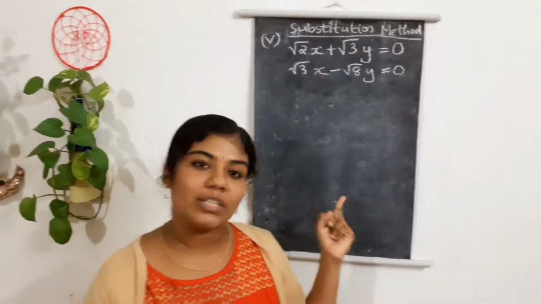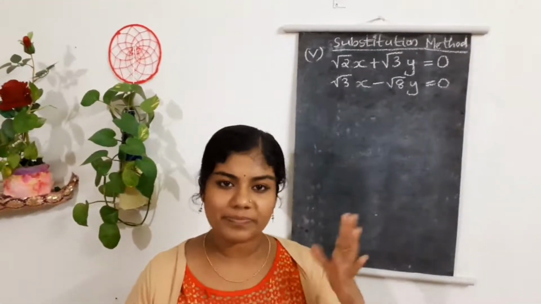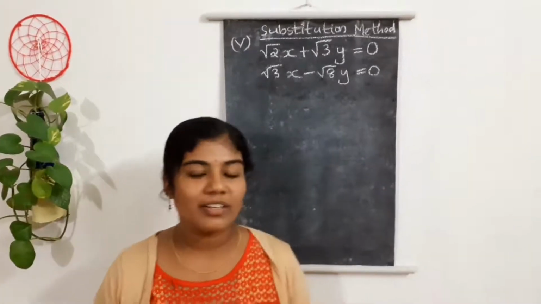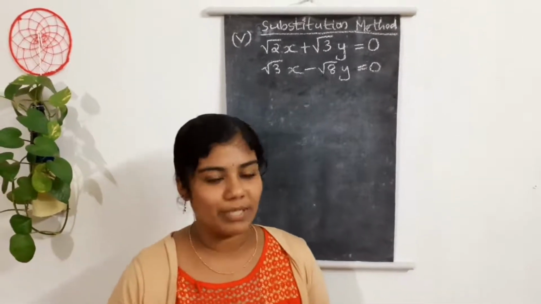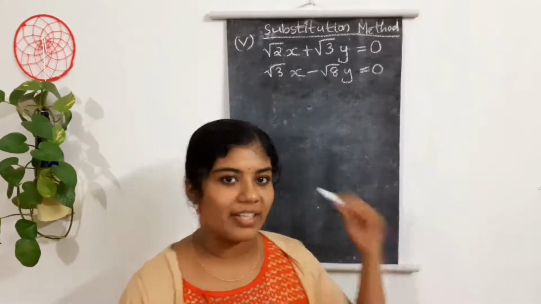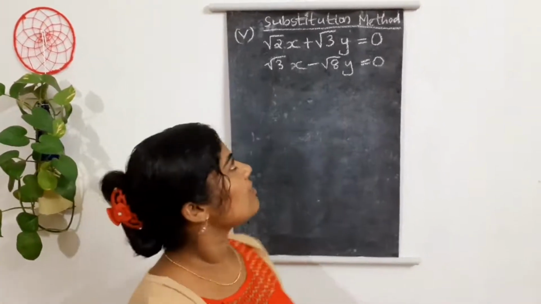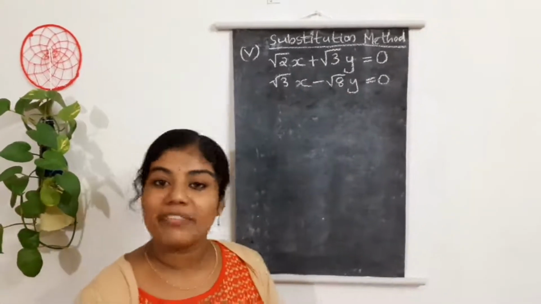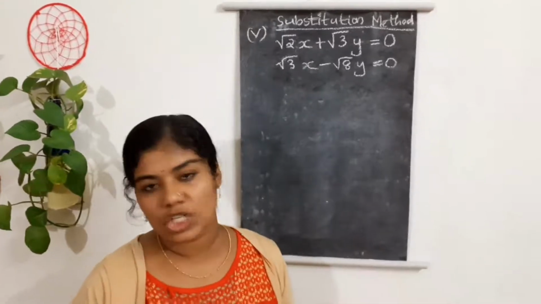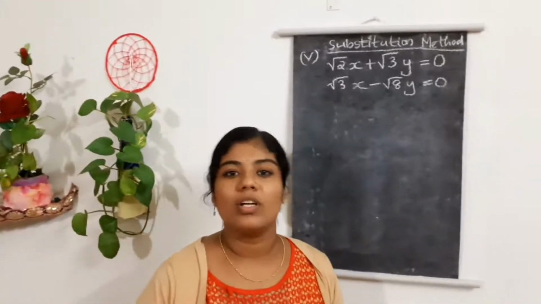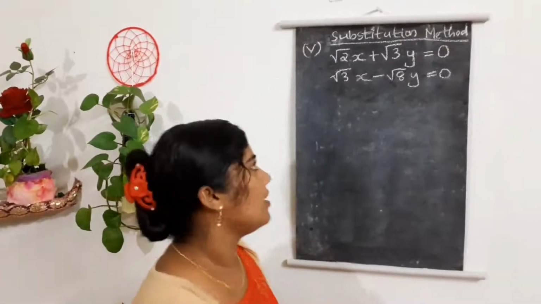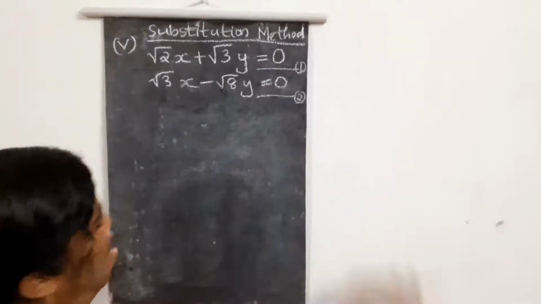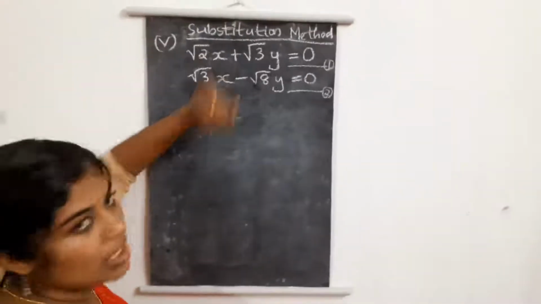So in the previous one, the first option we did, it was so simple. We just write y in terms of x. Here it's also simple. It's equation number 1, equation number 2. What we did in the first one, just naming equation number 1, equation number 2. Here also I am doing the same thing. The first one we can call equation number 1 and the second one equation number 2. I am taking, for convenience, equation number 2.